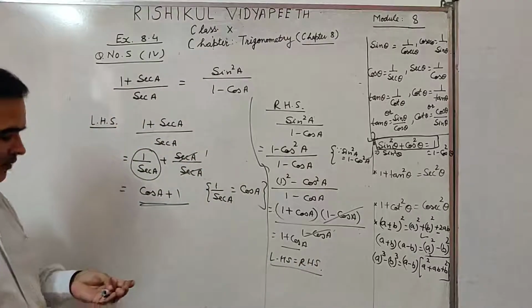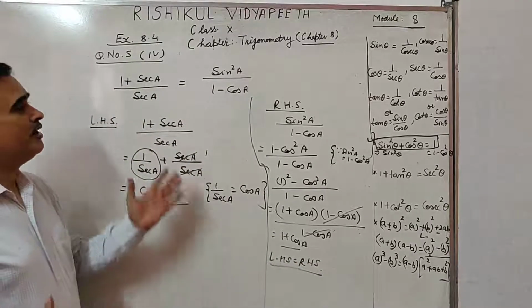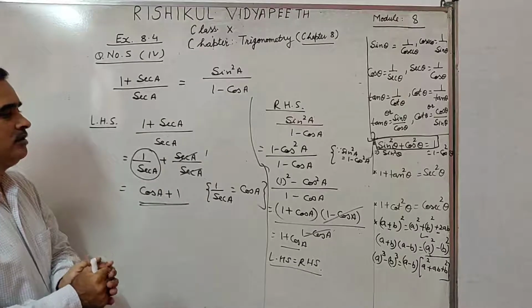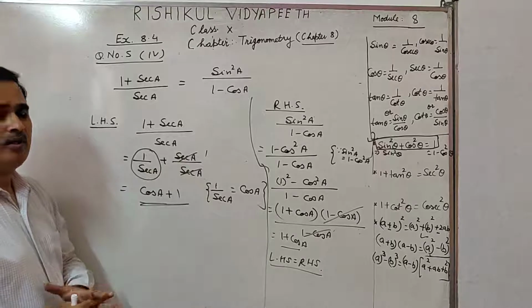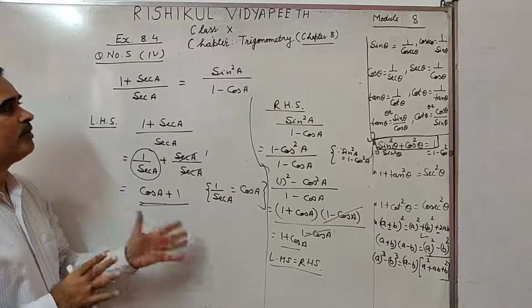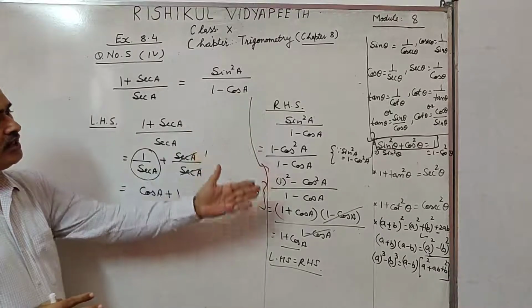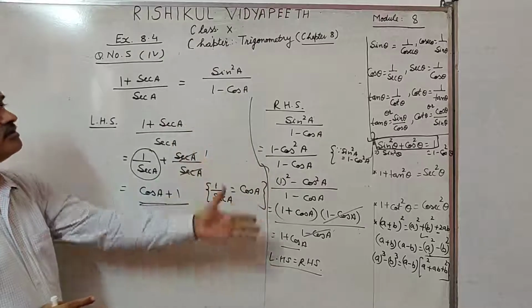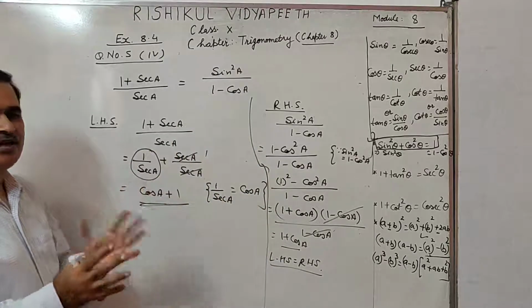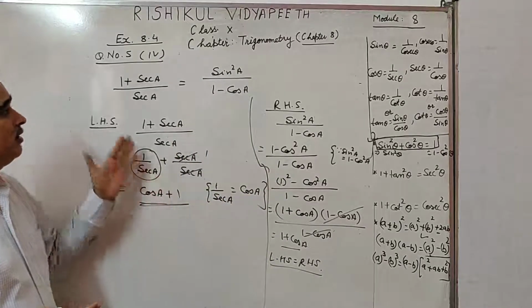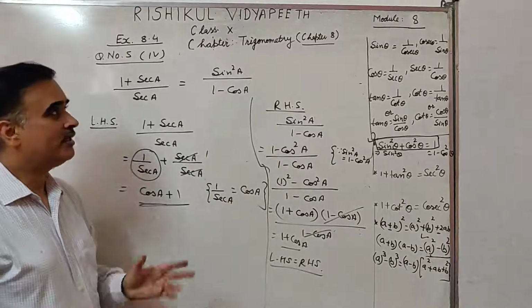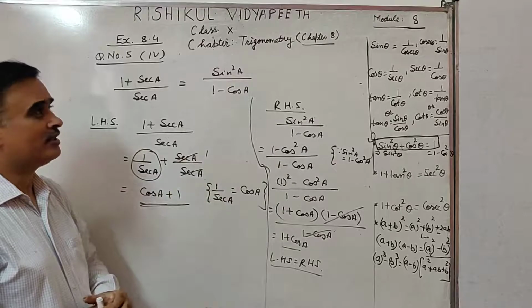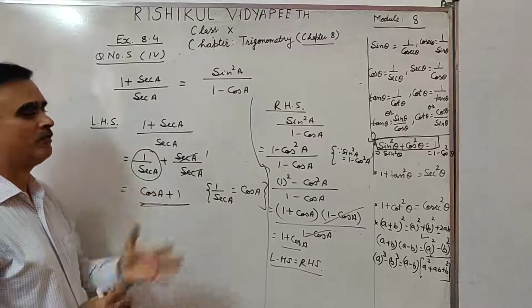And the same question you will find in the example also. So we have done these 3 parts of this 5th question in this module. I think you understood the concept, my child. We will use these identities, these results, and we apply just plus minus and we can get LHS equal to RHS. We can simplify it. You try other questions in module 9. We'll discuss other questions of question number 5. Thank you.